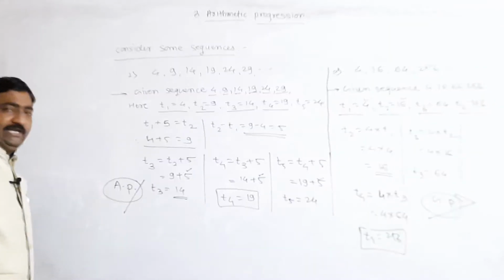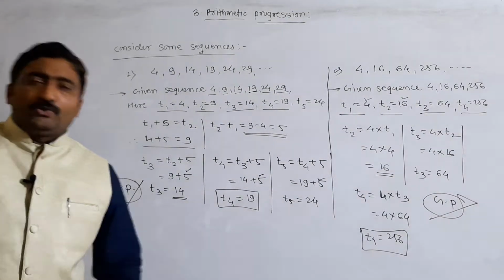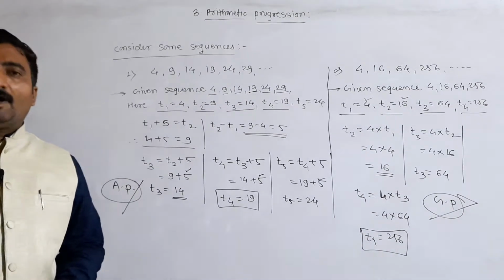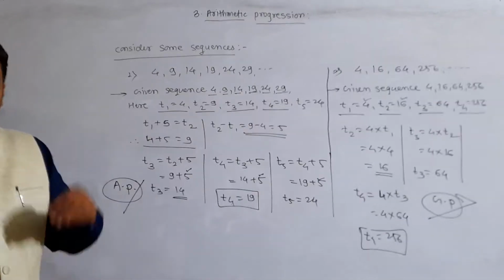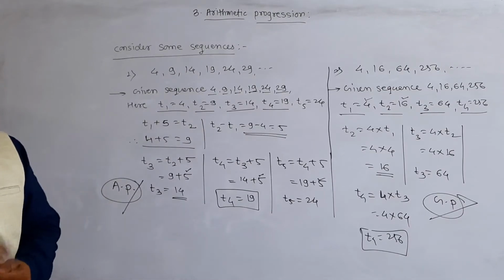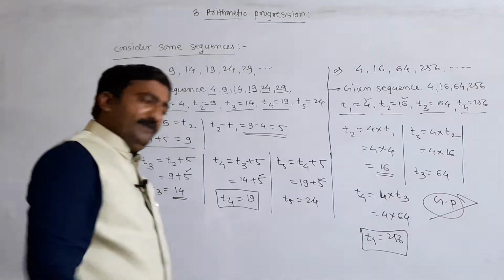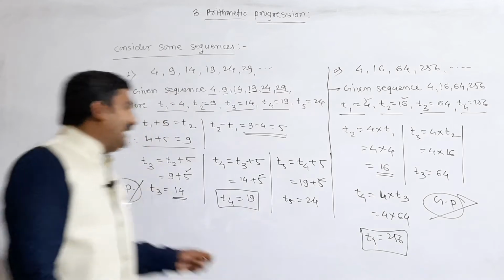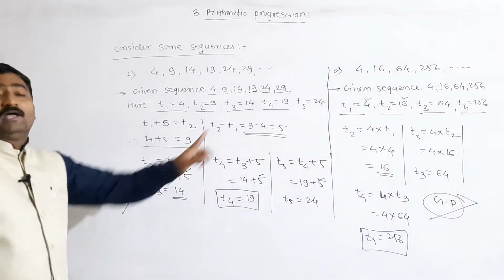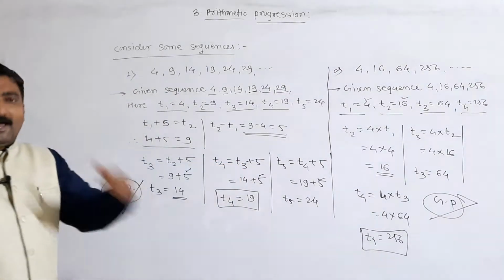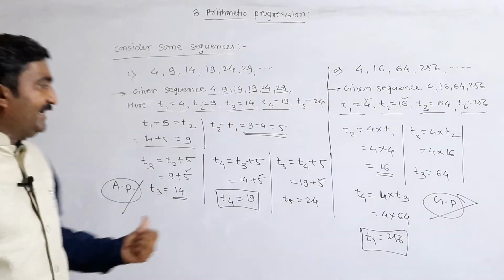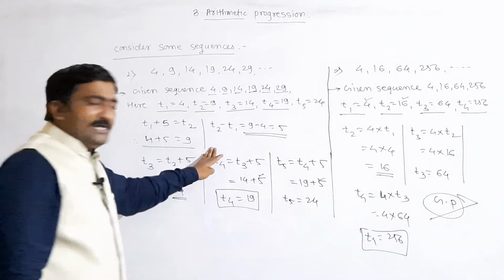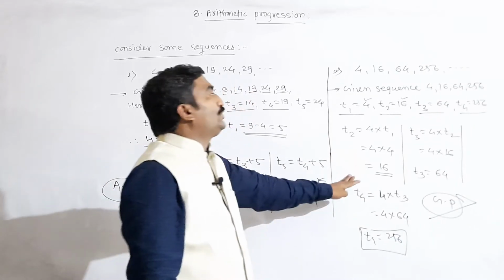So we have to study arithmetic progression. In depth we have to study arithmetic progression. It is called AP, this is called GP. Then the nth term in an AP, then the sum of n terms in an AP, and lastly we have to study applications of AP. So remember what is meant by arithmetic progression, what is meant by geometric progression, and the difference between them. Here the difference is constant, here the ratio is constant.